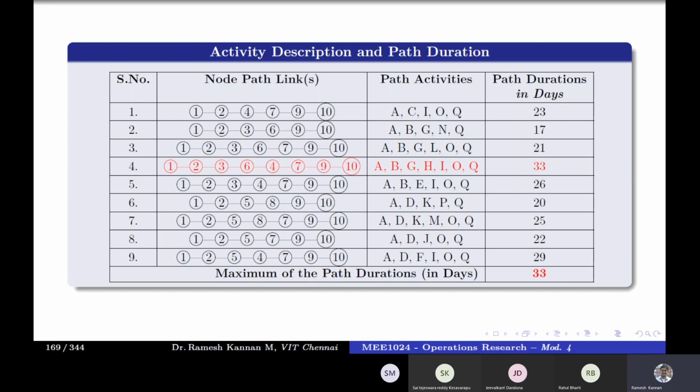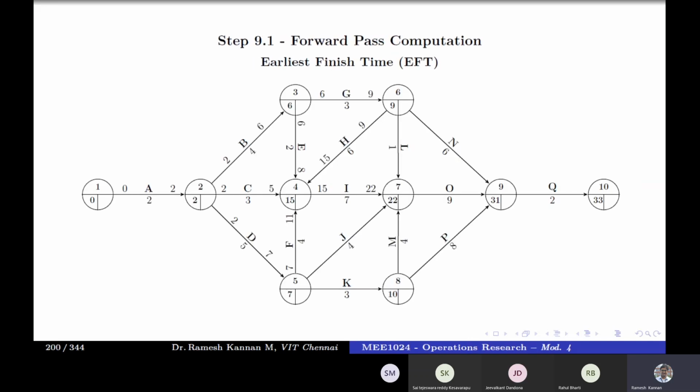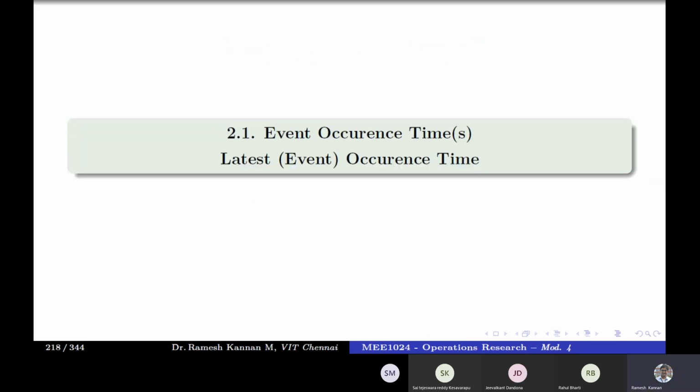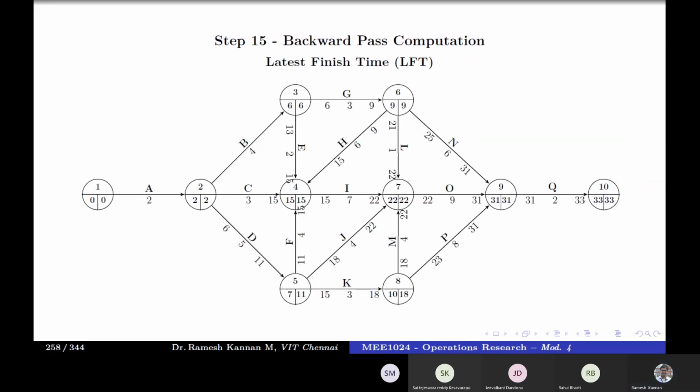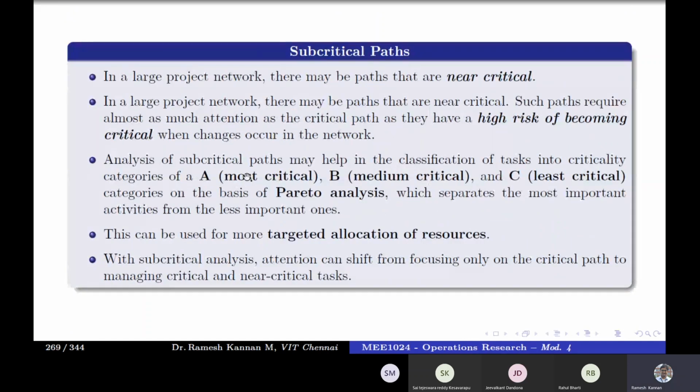So it is not only the critical path that is very important. The near critical path also has much importance compared to other paths. Those are called subcritical paths, or near critical. They are classified into three: most critical, which is nearby; medium critical, which is about 5, 6 or 7 days, the mediocre level; and least critical, a path that can never become a critical path because of the huge buffer times of its activities.